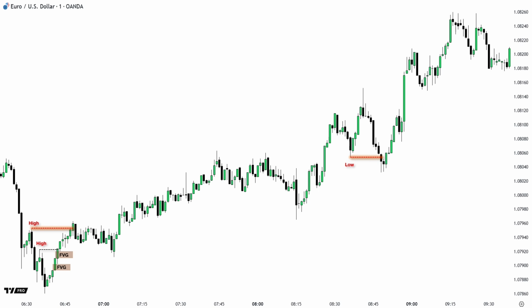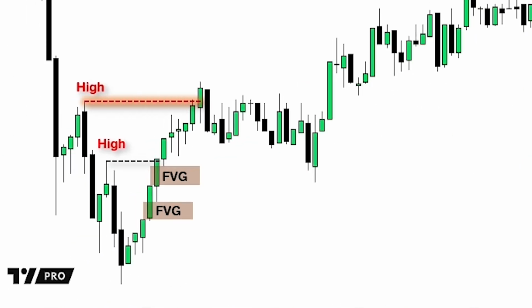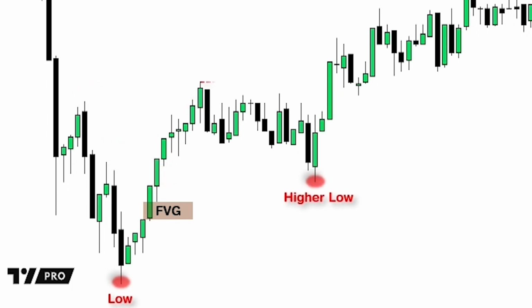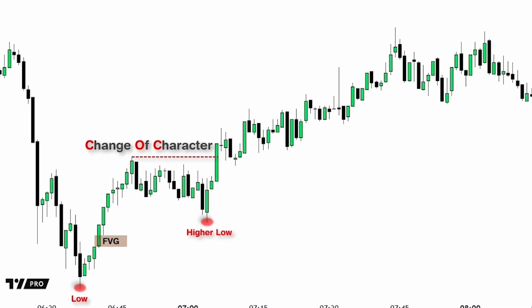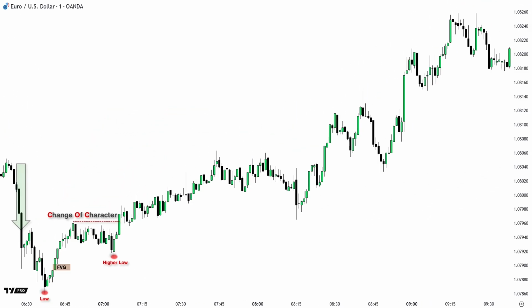character. That's why I admire this indicator, because it is so accurate about smart money concepts, and it highlights these concepts so accurately. Here is the same. When this candle breaks the previous high to confirm a change of character, we need to see a higher low first, so this is not a change of character. But this low forms higher than this low, then this candle breaks and closes above this high. So this is a change of character indicating a shift from this downtrend to an uptrend, and this indicator highlights